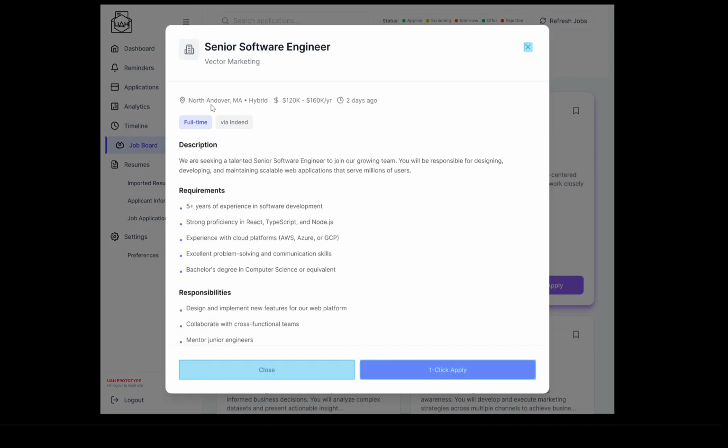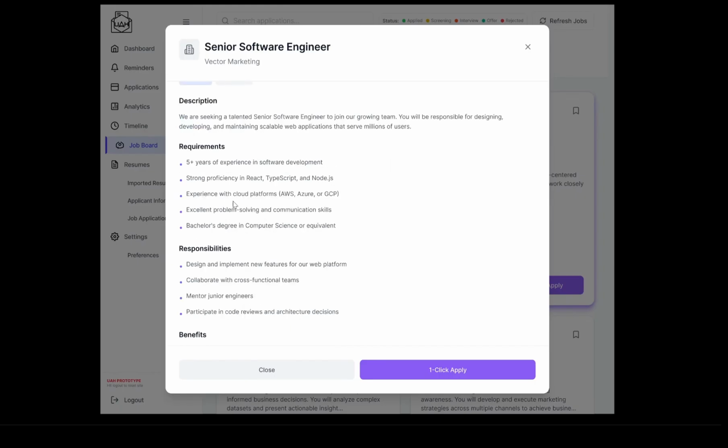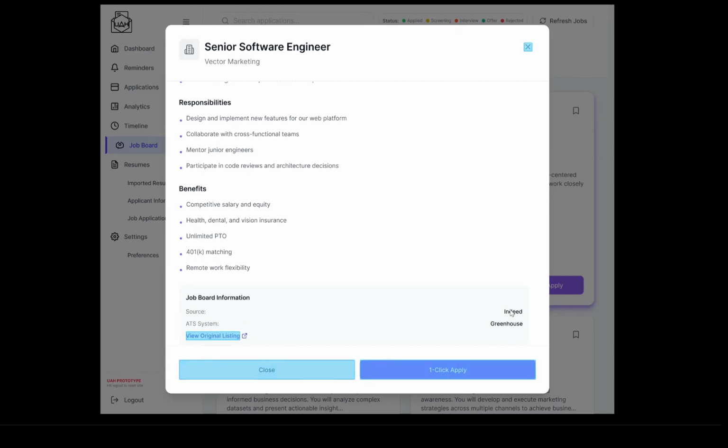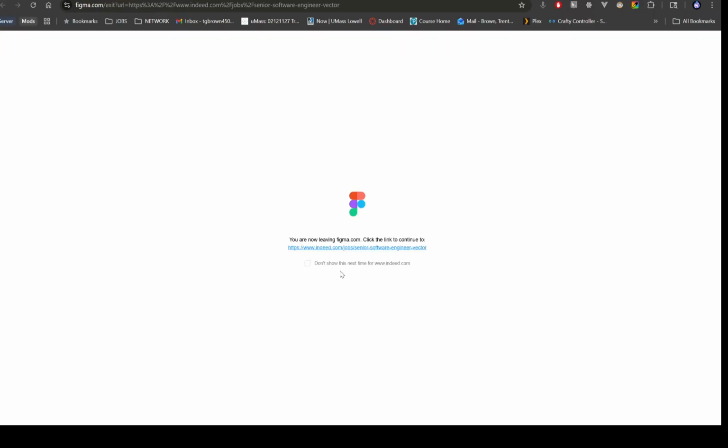As you can see, the location of the job, the time frame from when it was posted, the properties of said job, and all the other parts in the listing. It also includes the source that the job board was taken from and put onto our site from the API. It references the ATS system, the application tracking system that the company will use if you were to apply, and it also offers you the opportunity to open up the original listing,